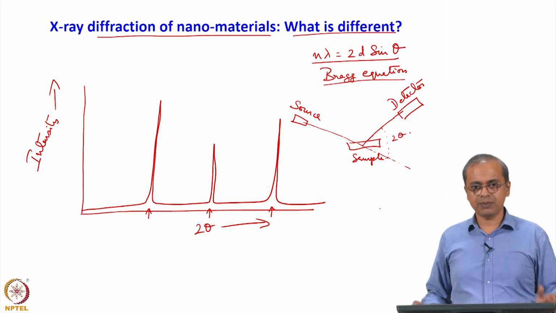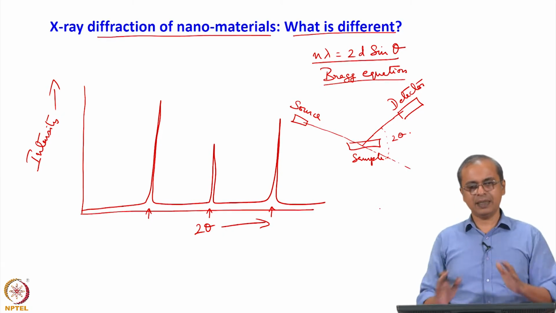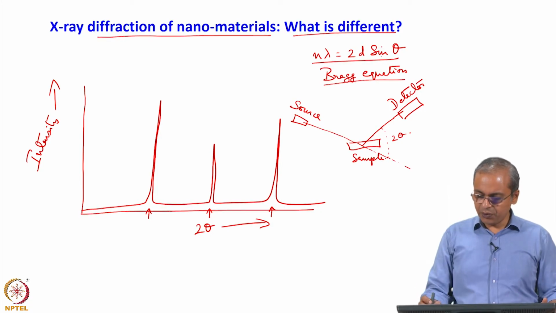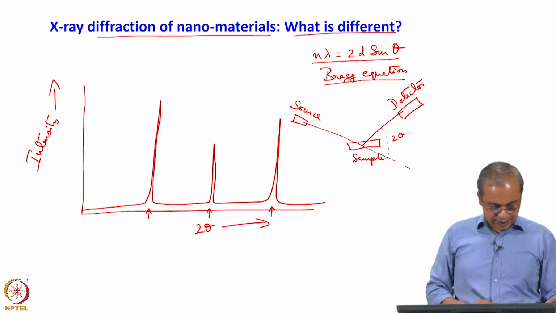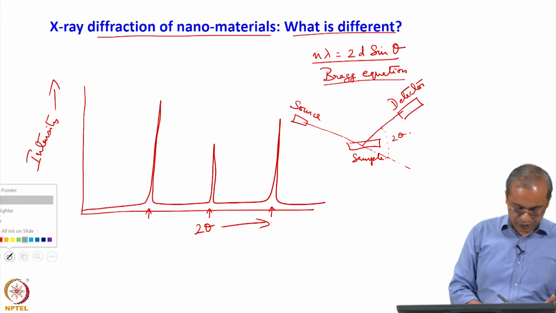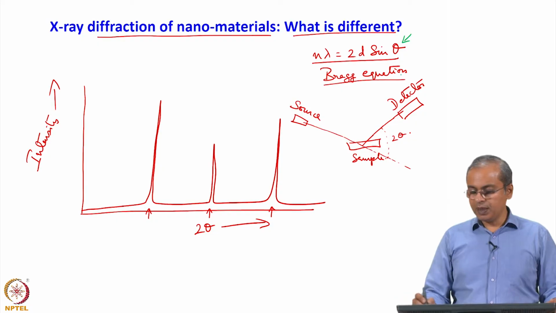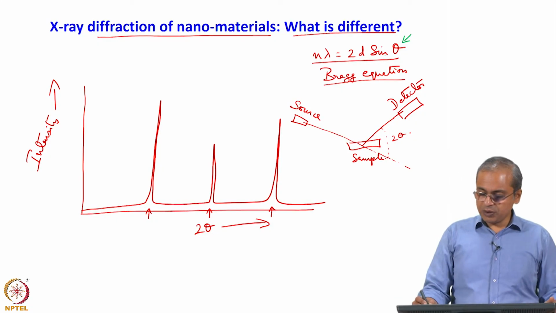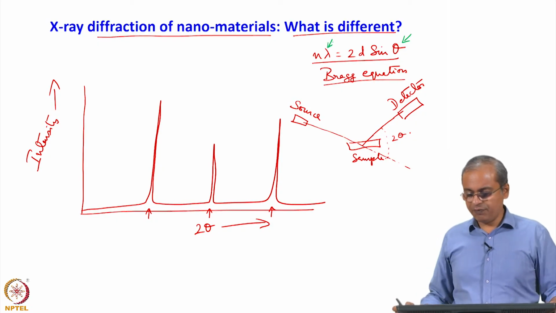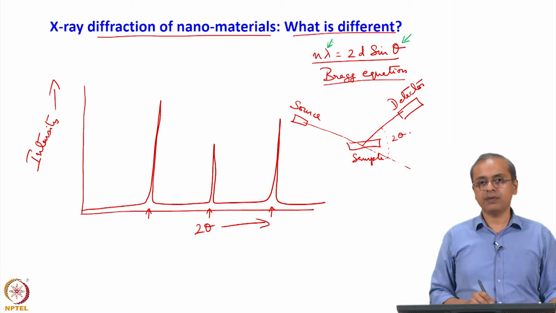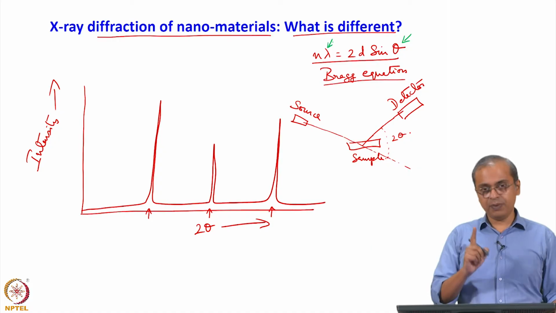I have just hand drawn them, so they may look at an angle, but typically they are just straight vertical peaks. For every value of 2 theta that you get, you can plug half of that value in as theta here. So, sin theta is known. Once you know sin theta and you know lambda, the wavelength of the monochromatic X-ray you are using for this experiment, which will be one fixed value,